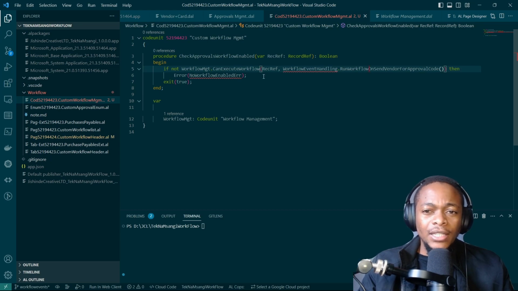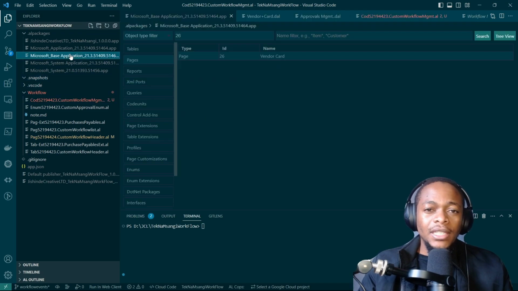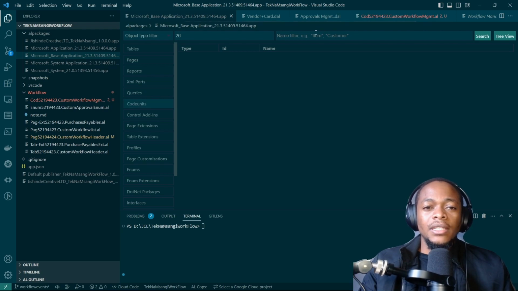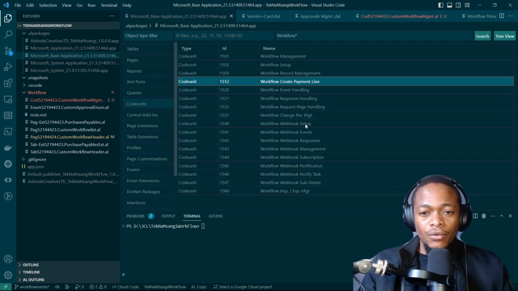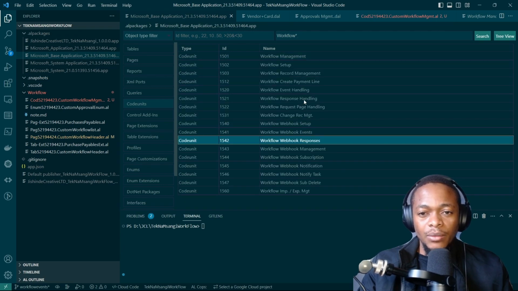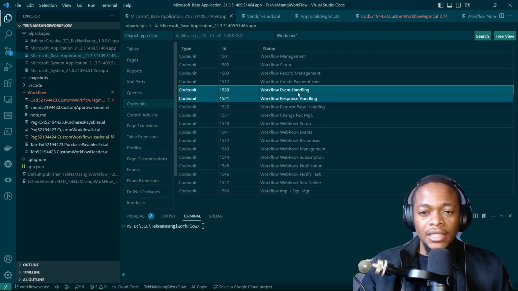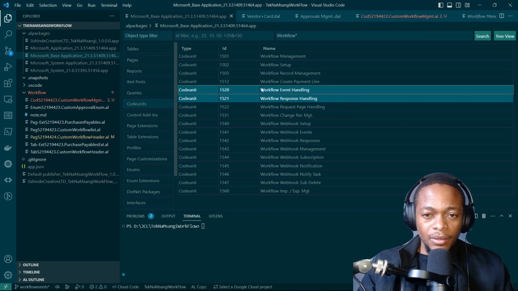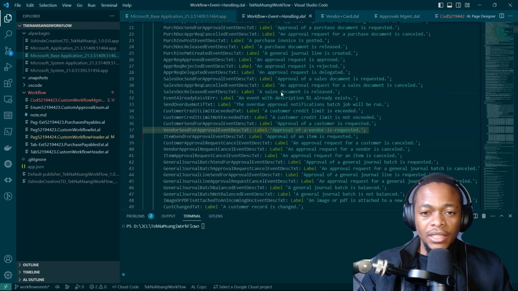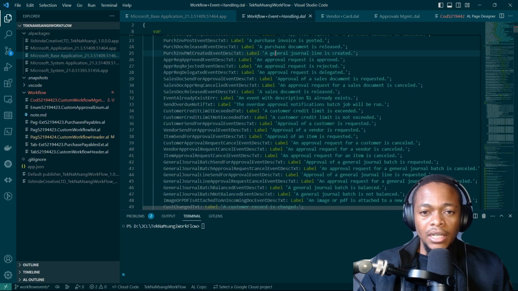We can just go to this particular workflow event handling code unit in the base application again, and under the code units search for anything that has workflow in it, and then we will get the workflow event handling somewhere here as code unit number 1520. Then we go to definition and run